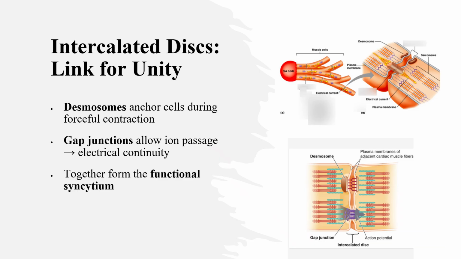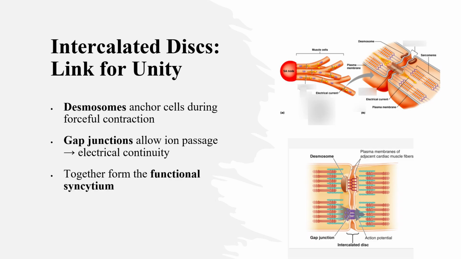Let's now zoom in on one of the most defining features of cardiac muscle, the intercalated discs. If you ever wondered how millions of individual heart cells manage to contract as one perfectly timed unit, the answer lies right here. Each intercalated disc forms a strong connection between neighboring cardiac cells. Within the discs, there are two key structures working together: desmosomes and gap junctions, each with a unique but complementary